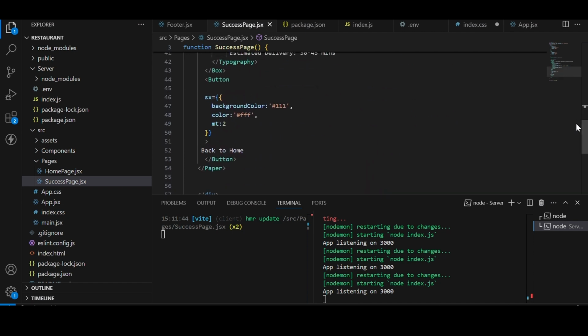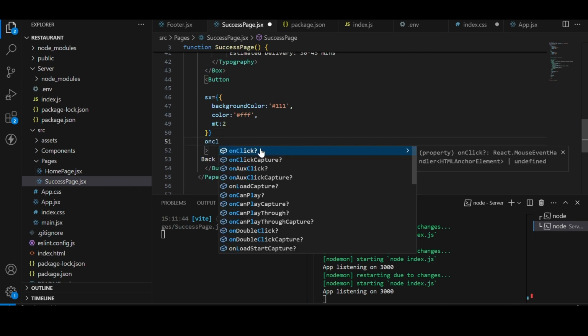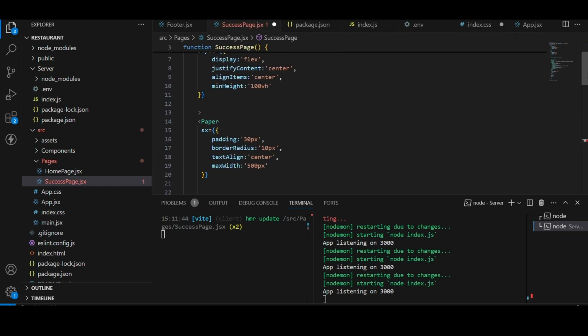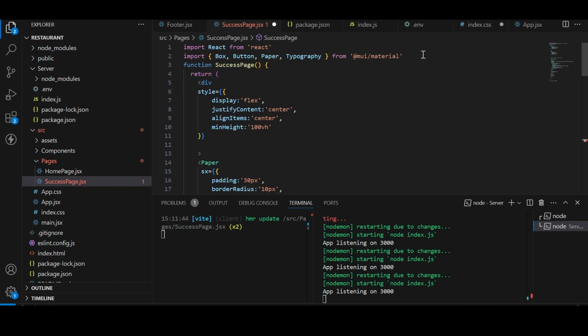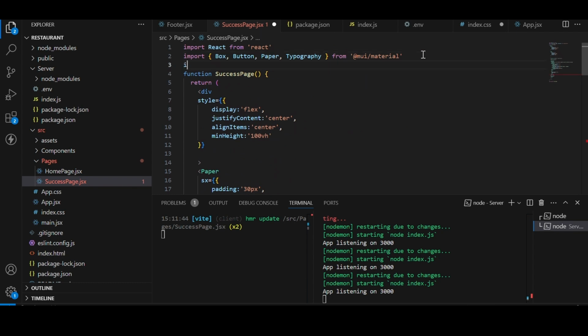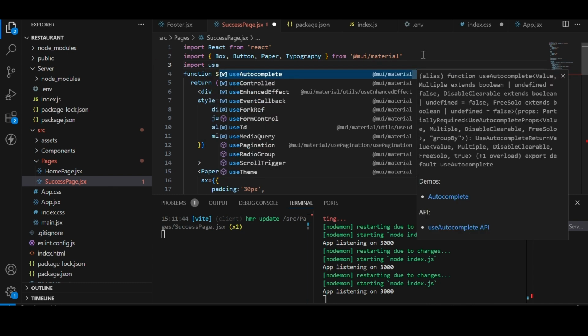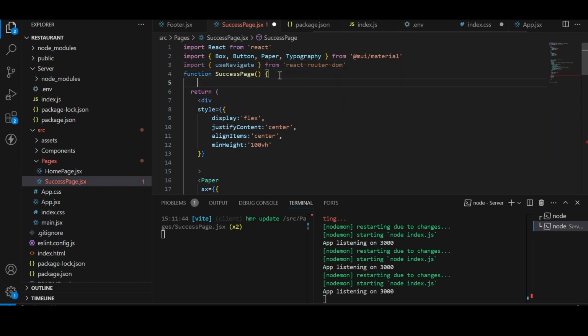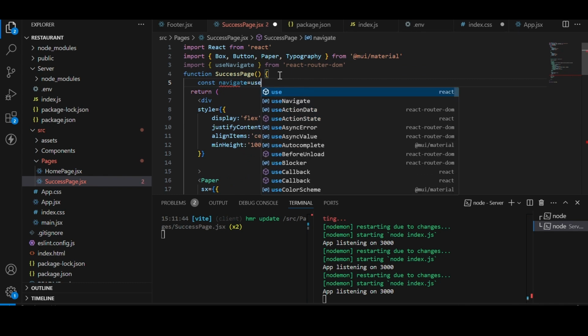I will use navigate, so I will say on click. So here I will import useNavigate. I will say import useNavigate, just like that, and here I will say const navigate